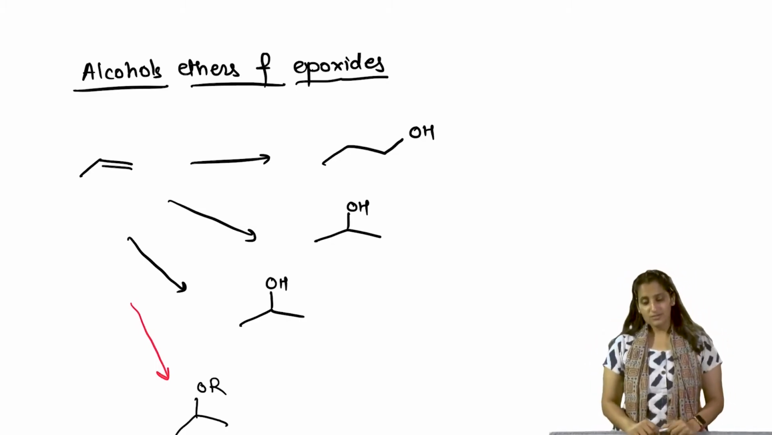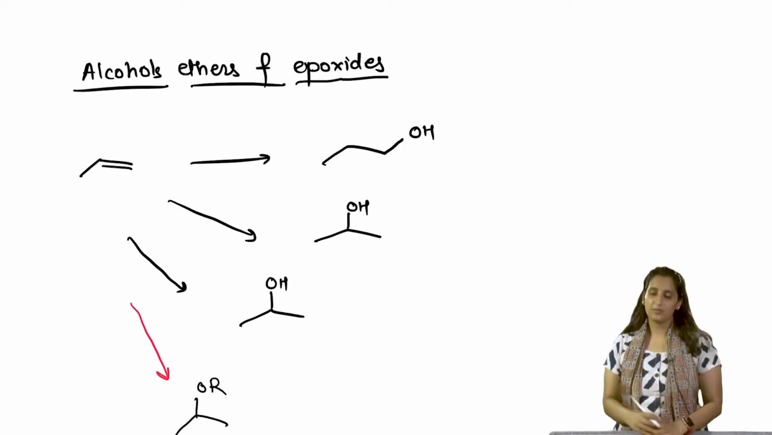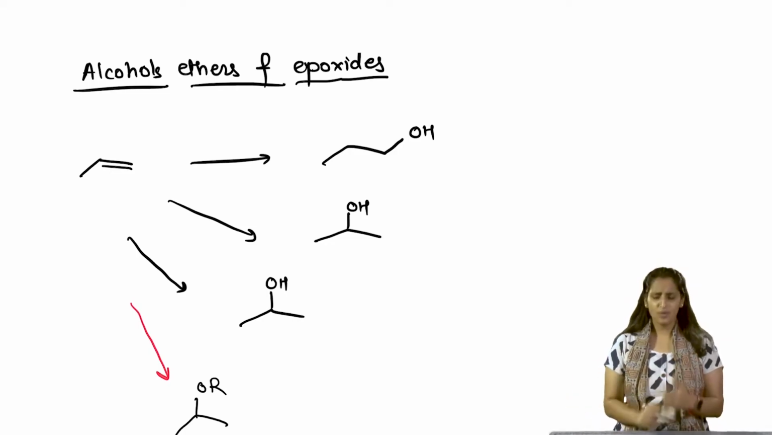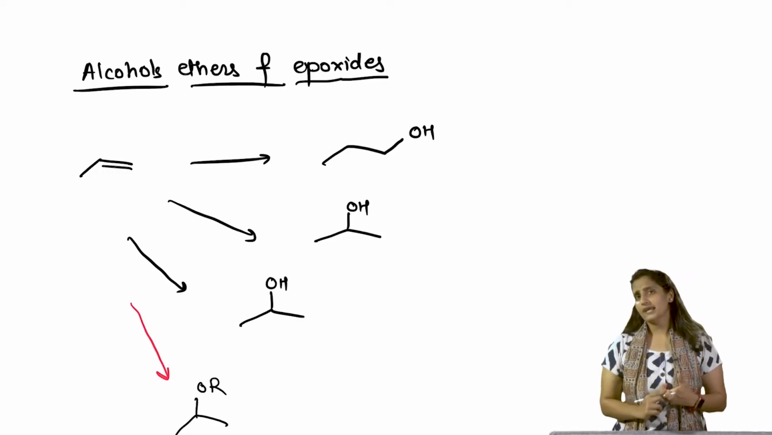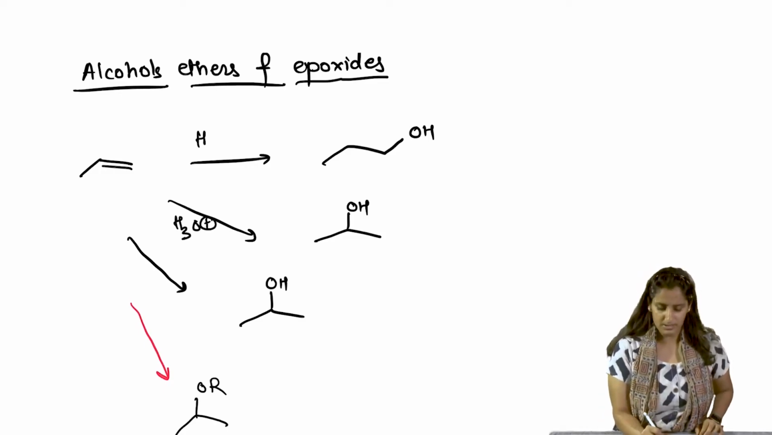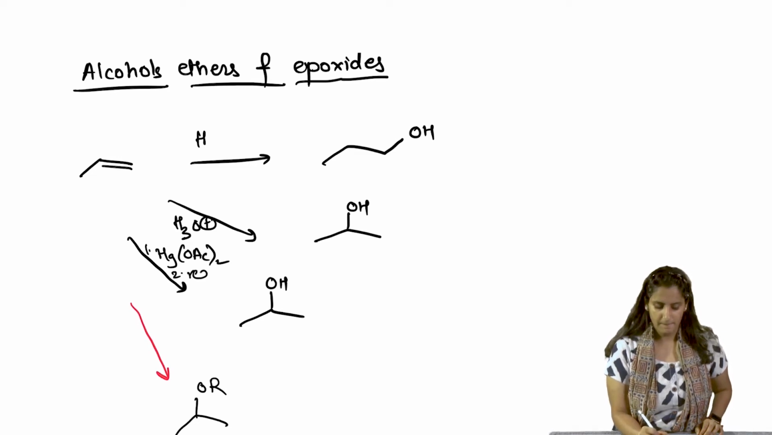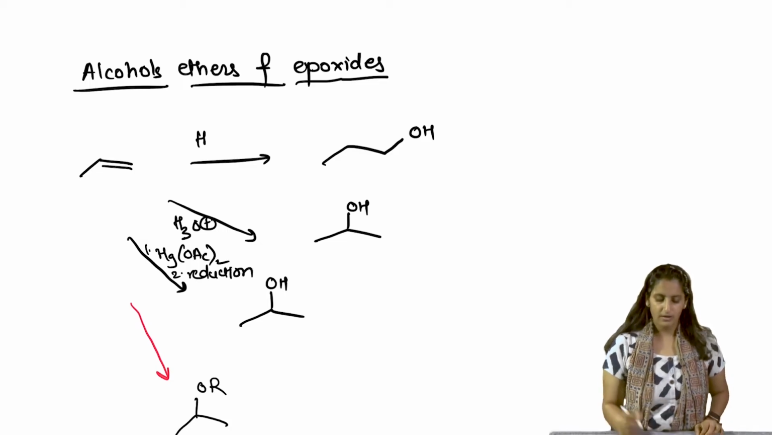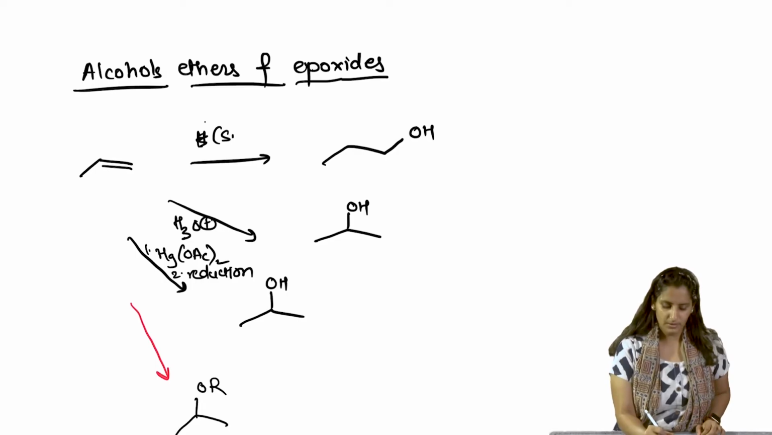So, the first one we are going to cover is how to form alcohols, and there are various ways to form an alcohol. From an alkene, for example, you could just react it with H3O plus, or you could do oxymercuration and then reduction. Or you could do something like